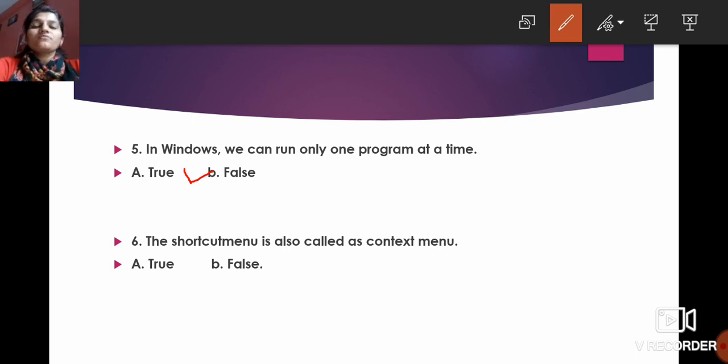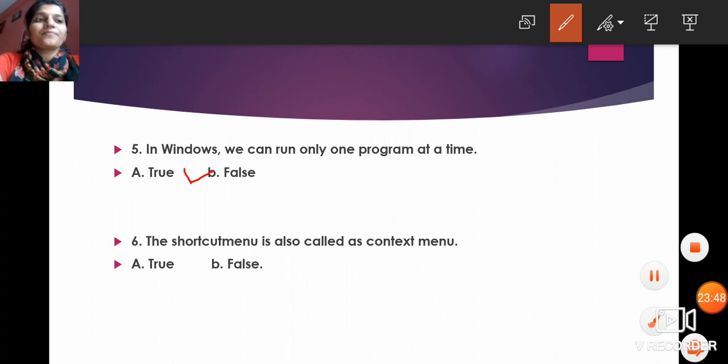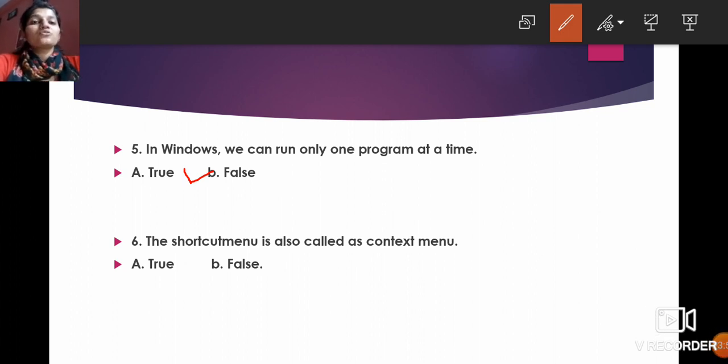Now next we are going to see the last true or false. Now students, here also you are going to give points to yourself out of 6. Whatever the number of questions are there, those are your points. Okay, so our last question is, the shortcut menu is also called the context menu.